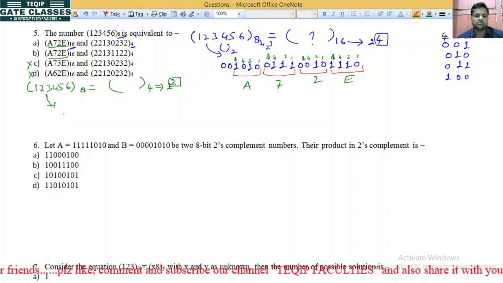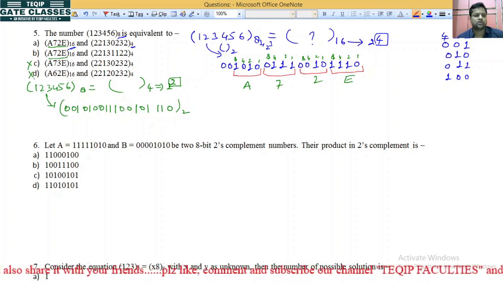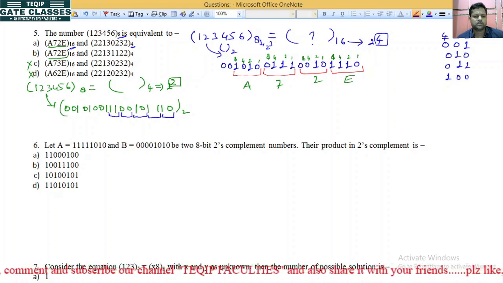So again you have to convert it in binary. It will be 001, 010, 011, 100, 101, 110 in binary. Now we have to group how many bits? 2 bits. So take 2 bits and keep grouping, 2-bit grouping. No need to group this one, because it is 0, so 0 will come and it has no value. So what will be the value of this?